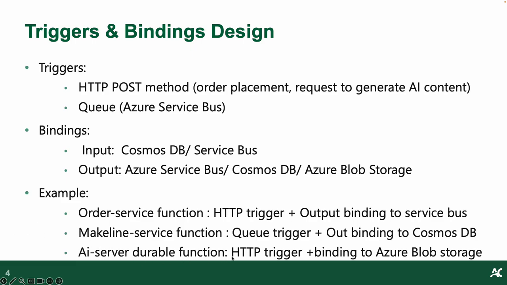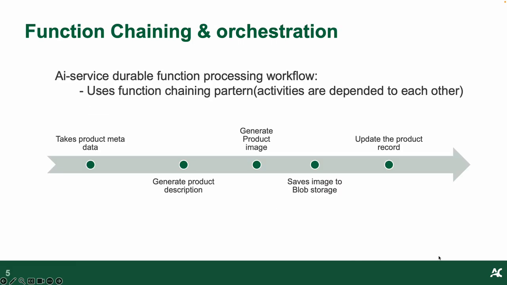AI service durable function is HTTP triggered and has a binding to Azure Blob Storage. For function chaining and orchestration, this would be used for the AI service, which would be converted into an Azure durable function, and the part that would be used would be the function chaining, because the different activities would be dependent